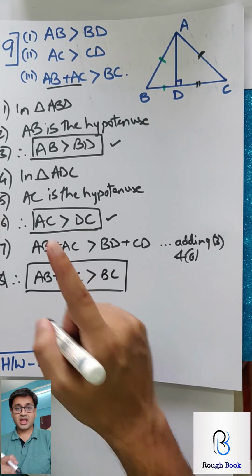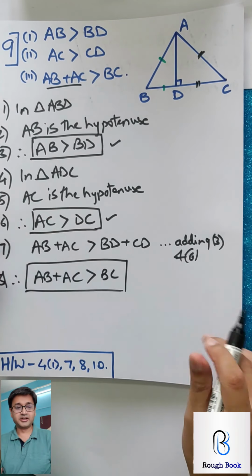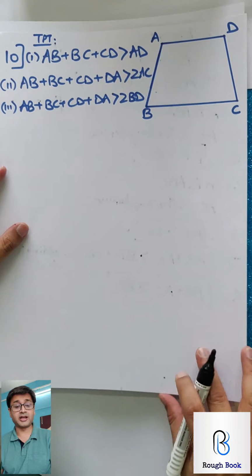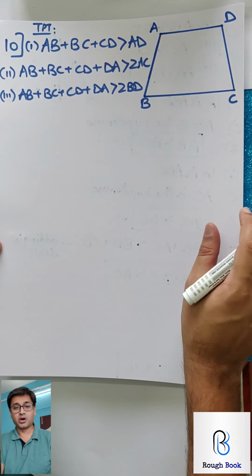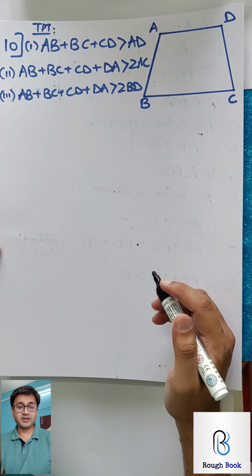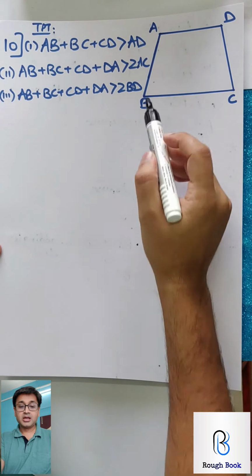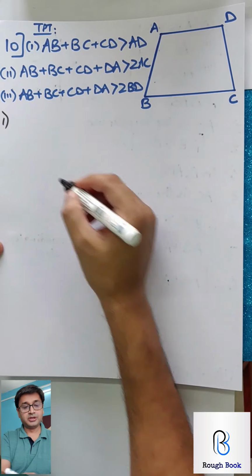Magic happened. How many managed to get it? Brilliant. I'm sure you must be happy. You should try on your own. I know you've seen that homework thinking that this is the last sum. No, I want you to do 10th and then we'll go to the homework. So come on. This is slightly technical. You'll have to be with me.